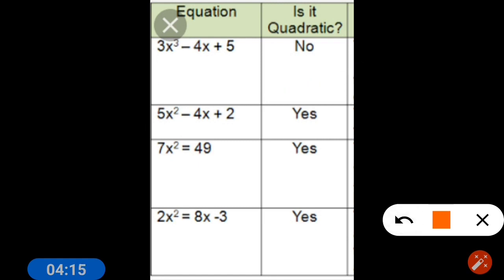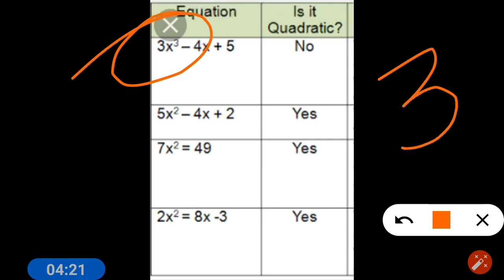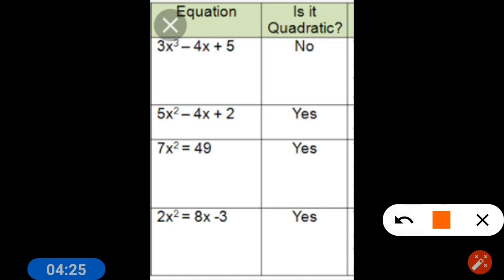Yes, it is not quadratic because here the degree is 3. Now the second example: 5x square minus 4x plus 2. Is it quadratic? Yes, it is quadratic, because the highest degree is 2 here,